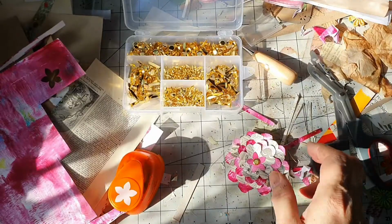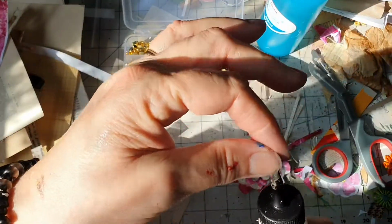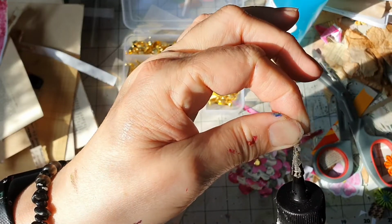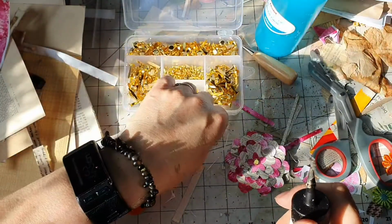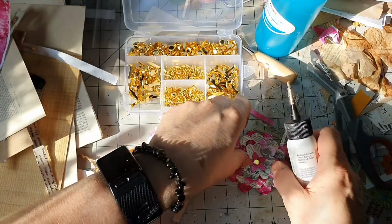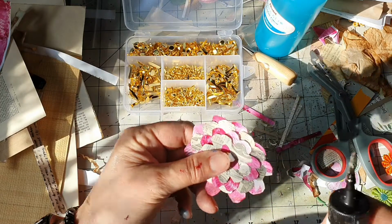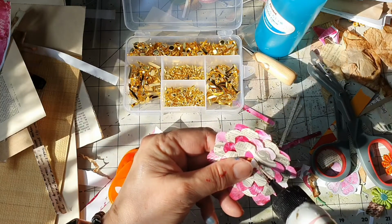Where did I put my glue? I did bring it in. I've got my glue, don't worry, we've got our glue. This is the one where I need a magnet and I can't get my magnet to stay on. I've got some little magnets and they won't stay on. So now let's glue these so they don't move. Right, so I'm putting a little tiny dot of glue